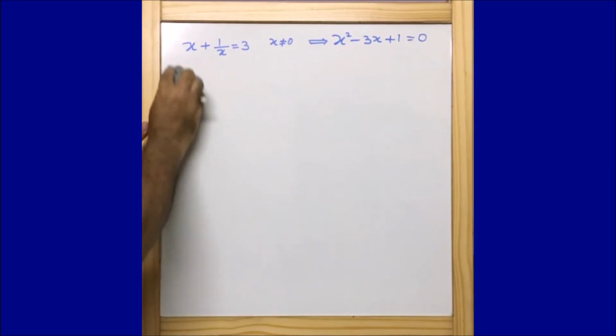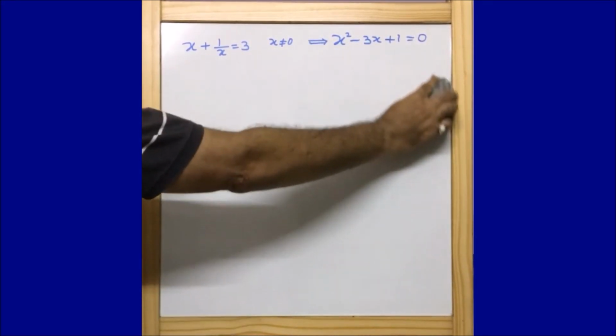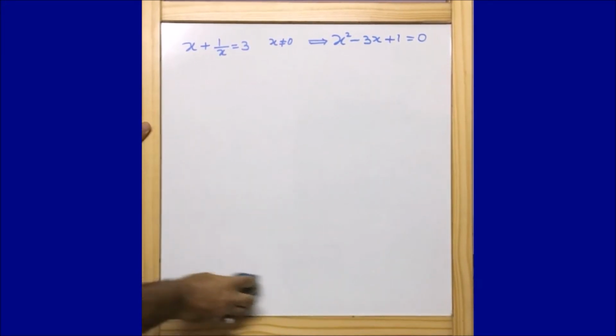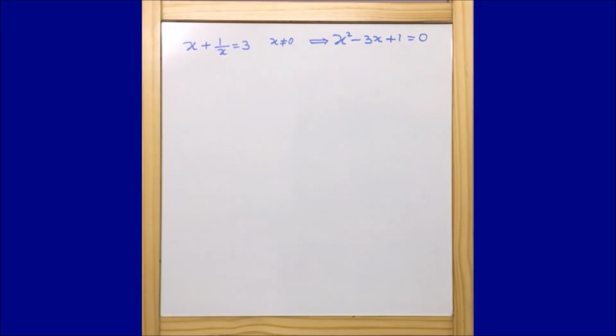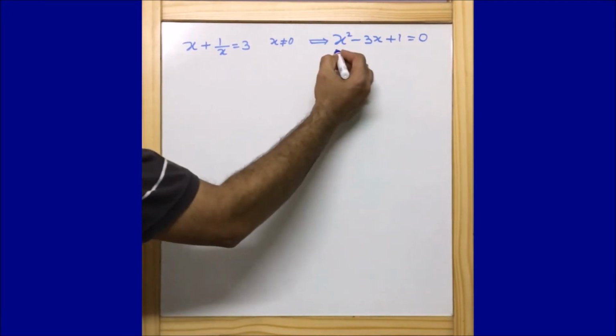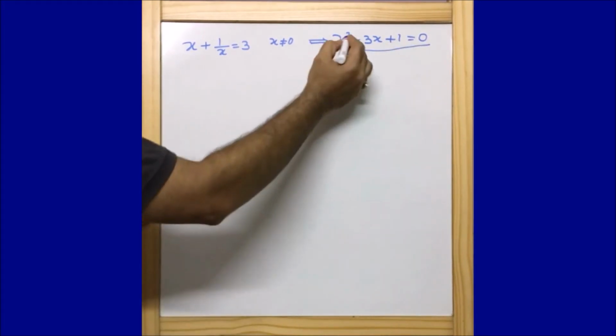I am also using the word if it exists, because only then can we find the roots of the quadratic equation. And for the existence, we very well know that b square minus 4ac should always be greater than or equal to 0, then only the real roots will exist. Else if b square minus 4ac is less than 0, then there is no chance of getting the real roots of the given equation. Now let us focus on this equation, x square minus 3x plus